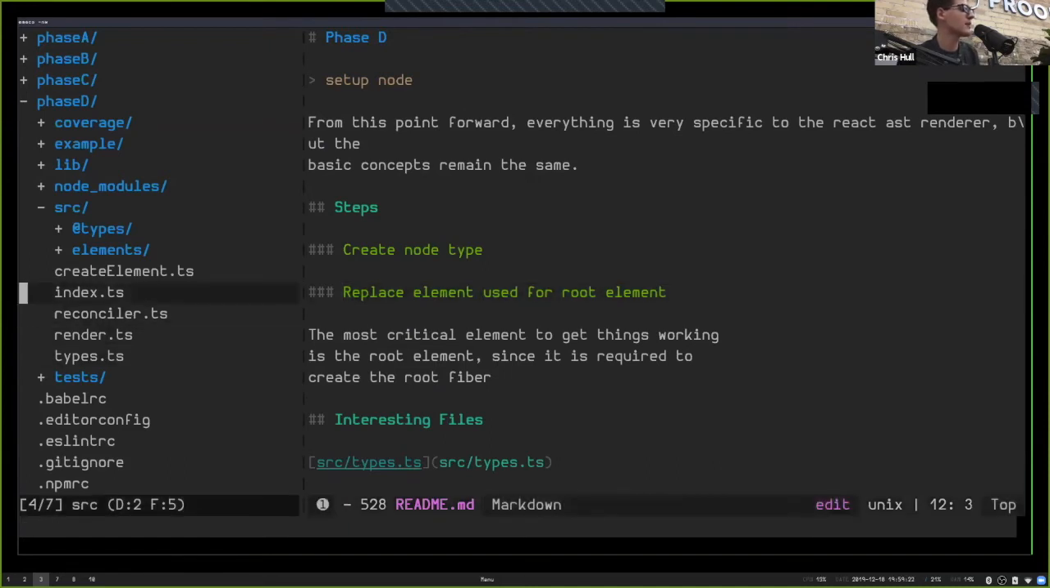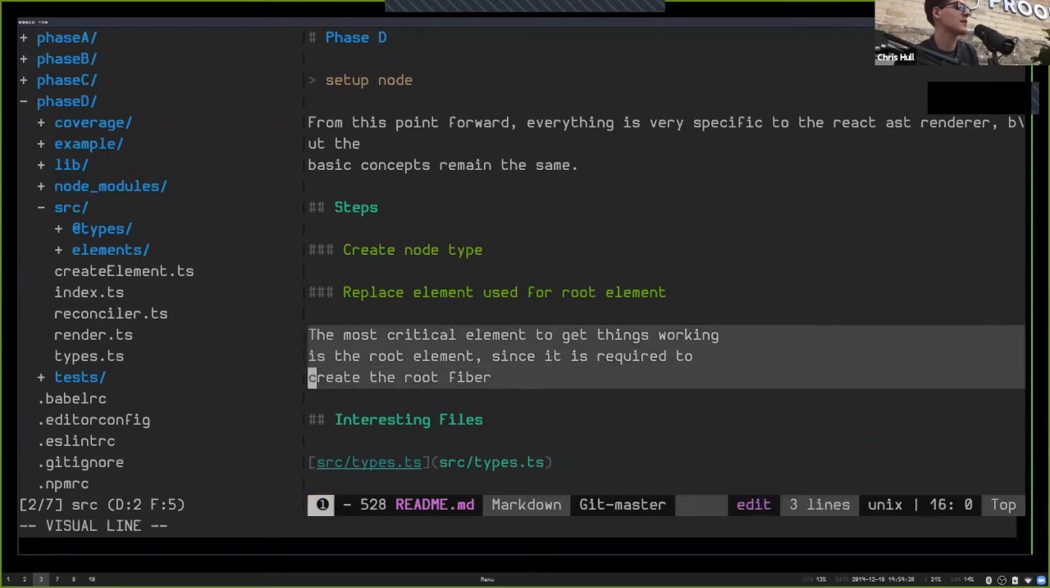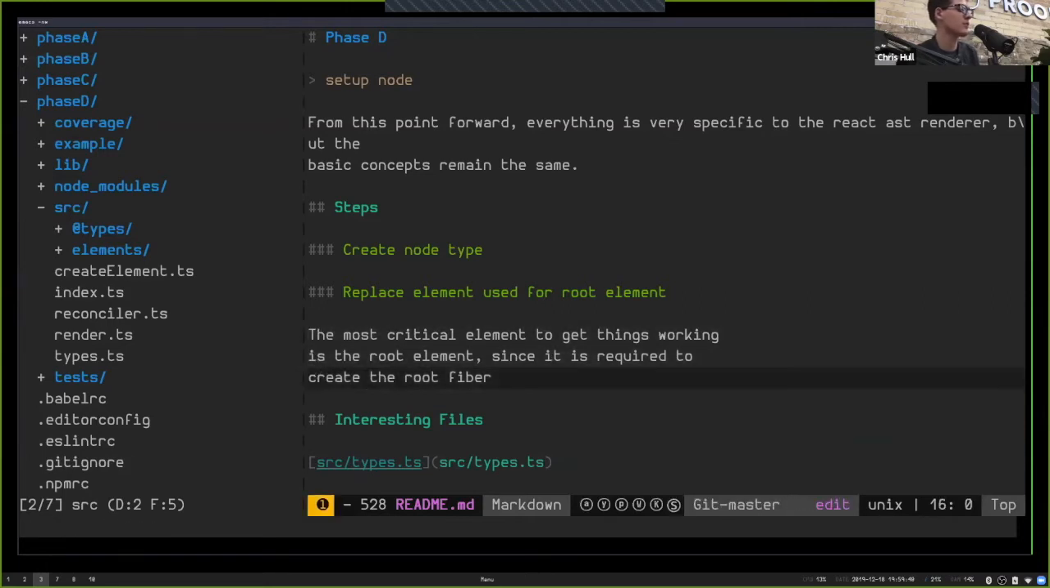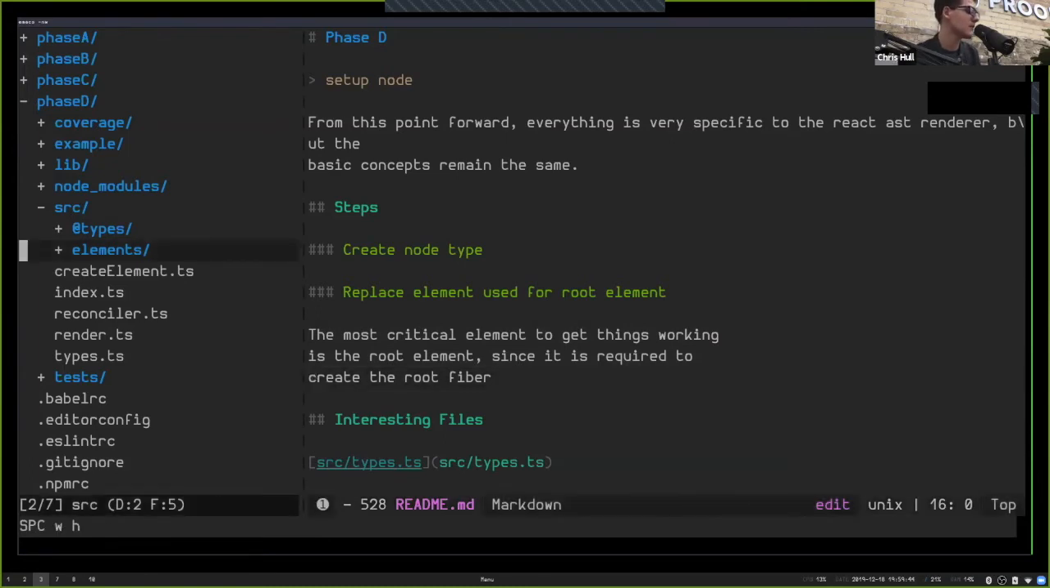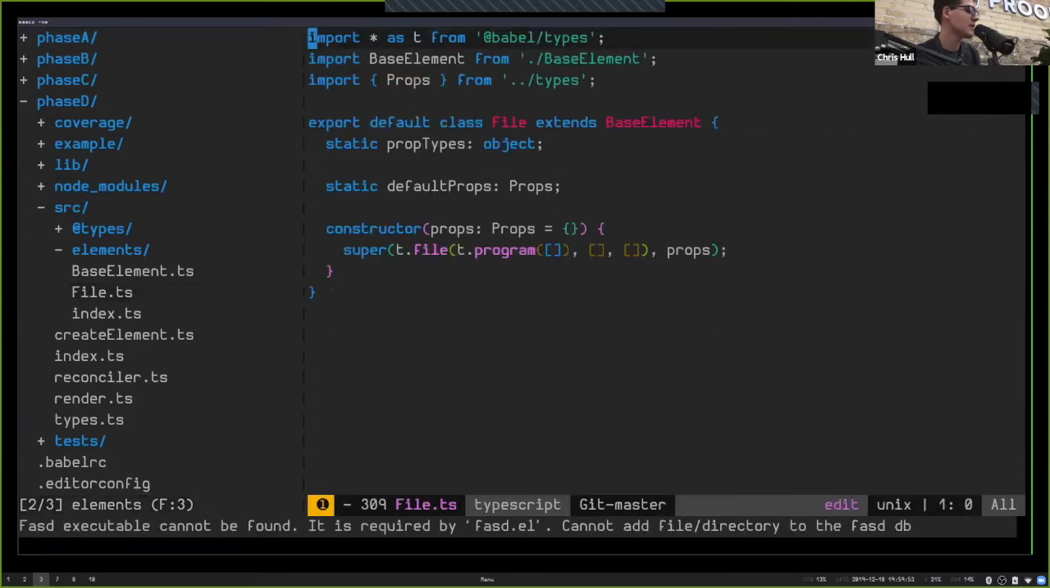So our root element in phase A, B, and C was wrapper. We're going to replace wrapper with something else. The most critical element to getting things working is the root element, since it's required to create the root fiber. Basically, you're not going to see anything rendering until you get your root element solved first, right? It's kind of the first problem to tackle. What I'm replacing wrapper with is something called file. And that is because if we go,